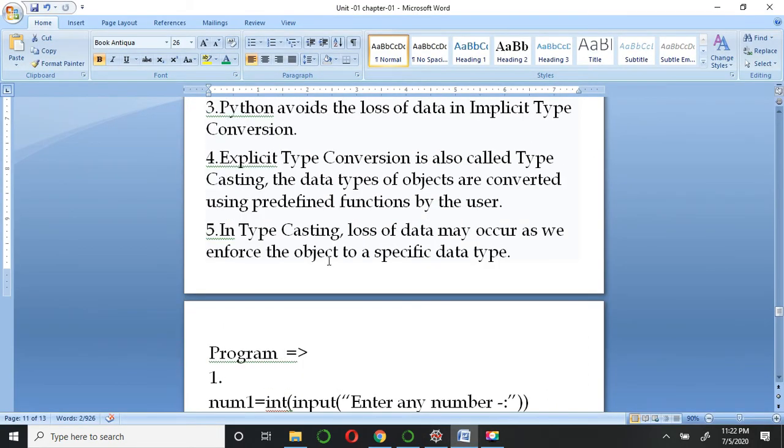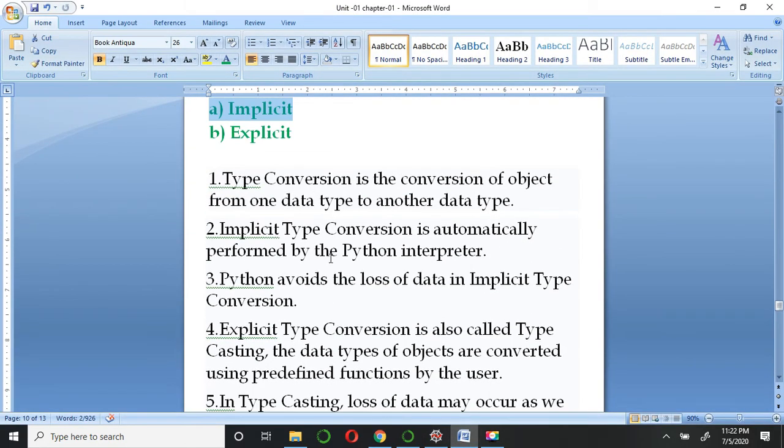Hope these two programs are clear to you guys. So the first thing given is type conversion, which is the conversion of an object from one data type to another data type. Object means data type, from one family to another family, if it is required. Implicit type conversion is automatically performed by the Python interpreter.